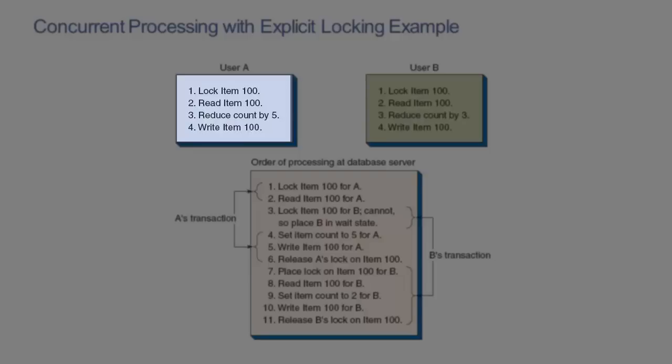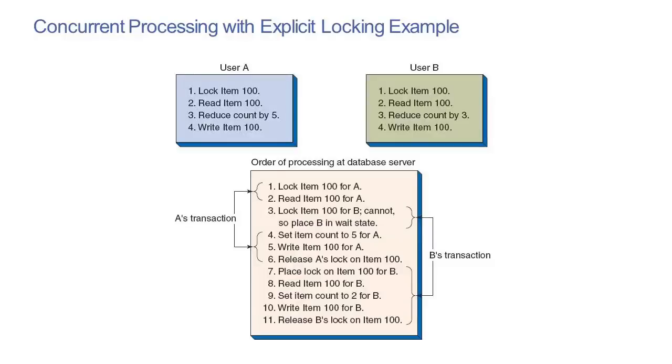User A then makes a request to reduce the number of units in inventory by 5. 7 minus 5 is 2. So the resulting value of 2 units is then written back to the database. Thus, the final number of units in inventory is 2, regardless of whether we process user A's transactions first, as